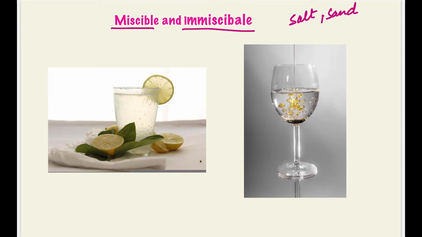So a miscible solution is when we put them in water, they make a clear solution. Like if we put lemon juice in water, it should be dissolved properly to make a miscible solution, and we know that lemon juice or vinegar can be dissolved properly in water and it makes a miscible solution. Now immiscible solution, if we put oil in water, it sits like this but it does not dissolve in water. So it is immiscible in water. So that was miscible and immiscible with respect to liquid material.